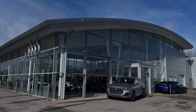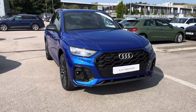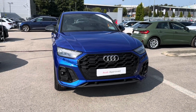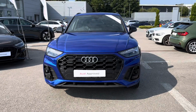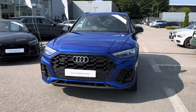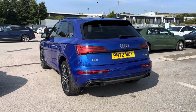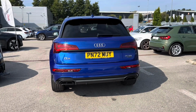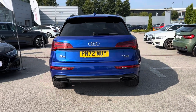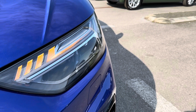My name's Charlotte and today we'll be taking you around this approved used Audi vehicle. Introducing the 2022 model Audi Q5 Edition 1 Quattro S tronic that is fresh in stock and does come complemented in the modernised and vibrant ultra blue metallic paintwork, really contrasting well with those advanced features. It does come complete with your TDI engine, meaning it is the ideal spacious upgrade for those wanting to cover extra miles. Alongside your auto transmission and being ULEZ compliant,